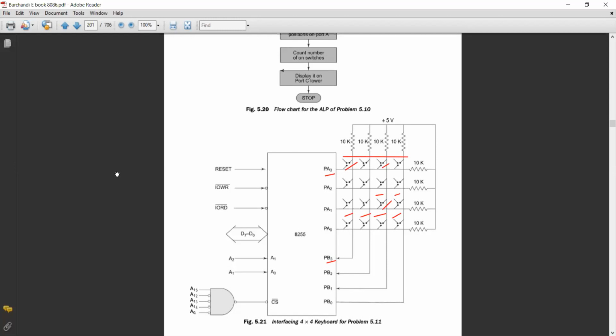With the help of this combination, we can understand whether any switch is pressed or not and which switch is pressed. Is it clear? Yes, sir. It's clear to all of you? Yes, sir. So with the help of that,